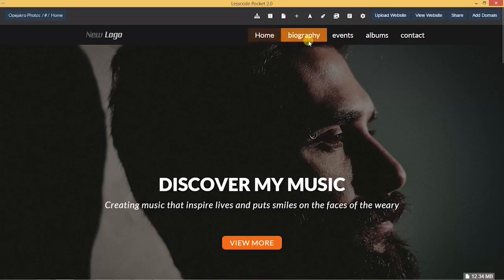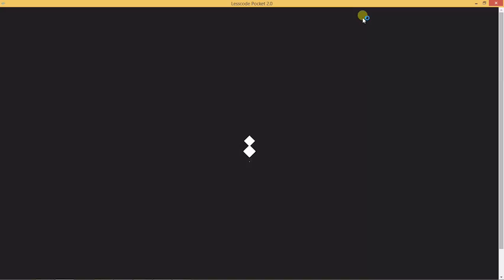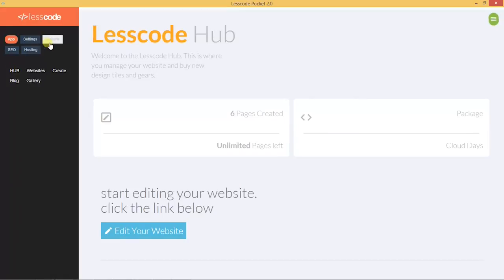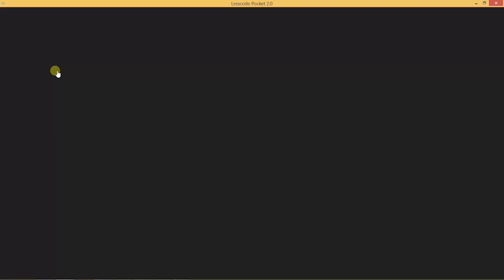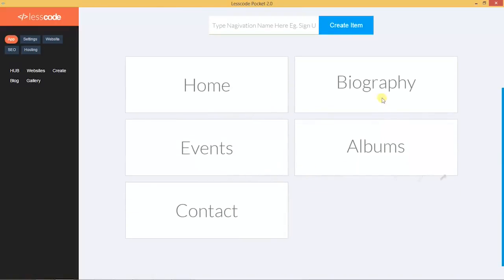So we want these ones to follow the same format as the home page. So in order for us to do that, we have to go to our main settings by clicking on this icon here. So we click on this, and then we go to website, select navigation, and then we just have to edit